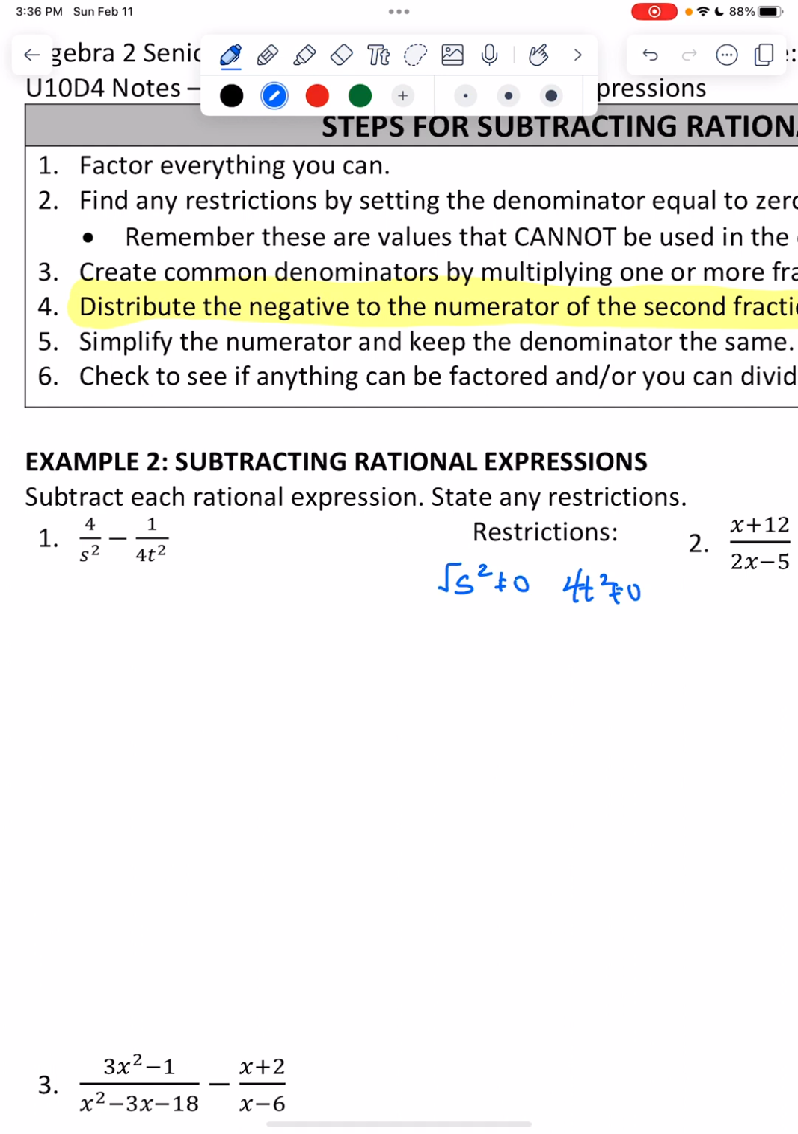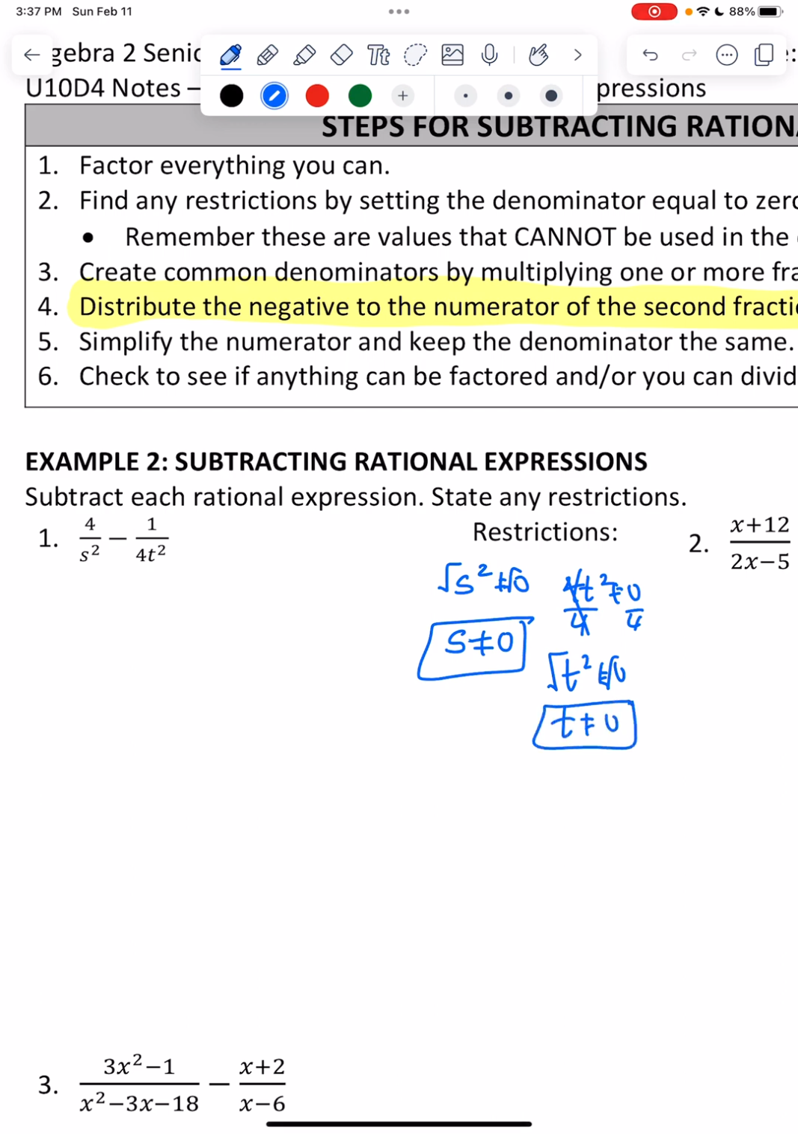So to solve this, square root, s cannot be 0. And then divide by 4, and then take a square root. So t cannot be 0. So s can't be 0, t can't be 0. All right? Now to simplify this,